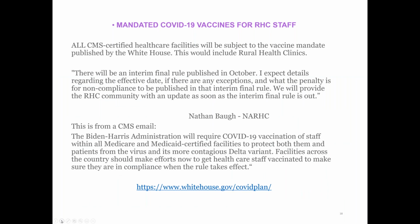Okay, moving on from the good news, we'll get more money, we get a grace period. The bad news is that as a condition of participation, there are 17 different provider groups that have issued what's called CCN numbers. And if you get a CCN number, according to new laws, new regulations that will come out in this interim final rule,